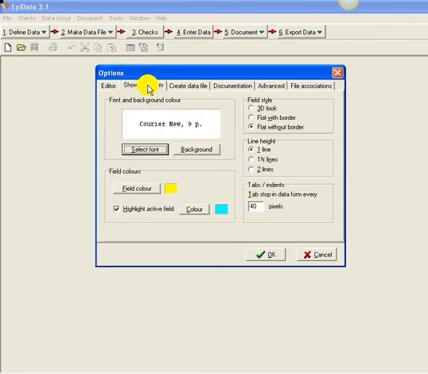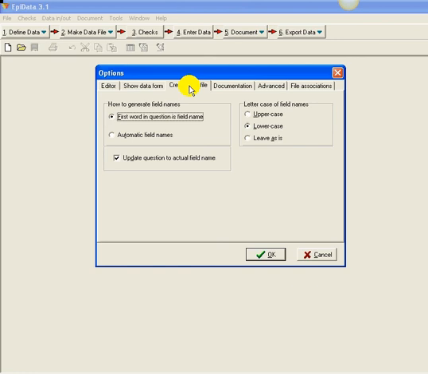You go to the next tab, and here it's a little bit similar. You can also select your font and your background, and this tab makes reference to the data entry form where you're going to be entering the data from your questionnaires. There are different options that you can choose here, like the field style, where you're going to be entering your data, how you want it to look. I tend to leave it flat without border. Lines, I tend to put 2 lines because it makes it a little bit easier for the eye. And the field colors, well, yellow will indicate the ones that you have already entered, and blue the ones that haven't been entered yet. You can change this as you prefer, but this will be the default